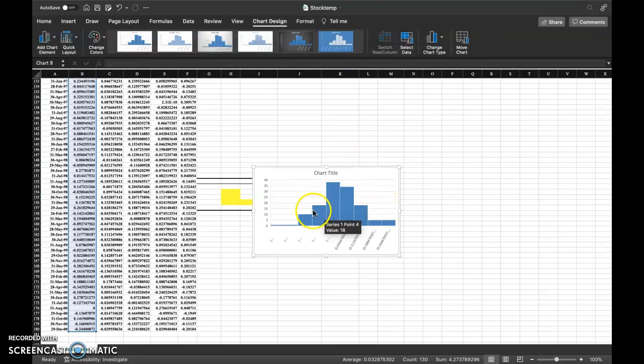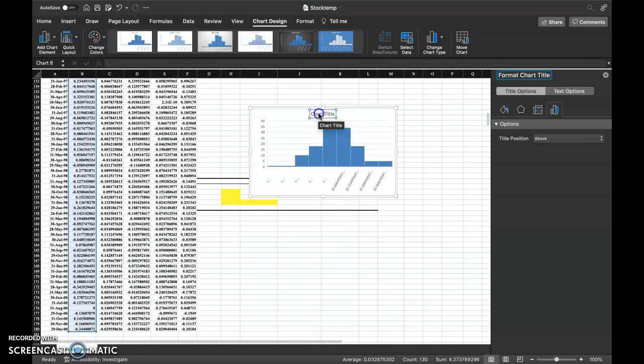So we're just going to go here and you'll see the histogram pop up. You can change the title, and because we did Microsoft here, I can go ahead and title it Microsoft. You always want to give your charts titles. If I double click down here where these value numbers are,